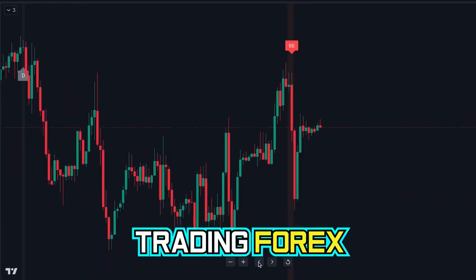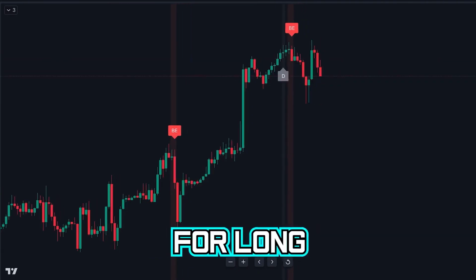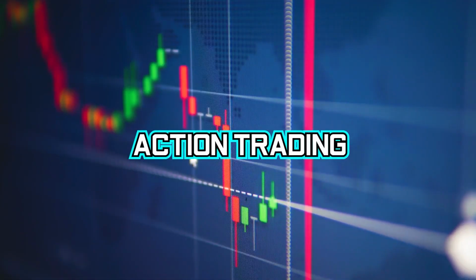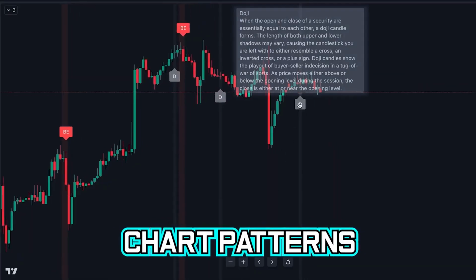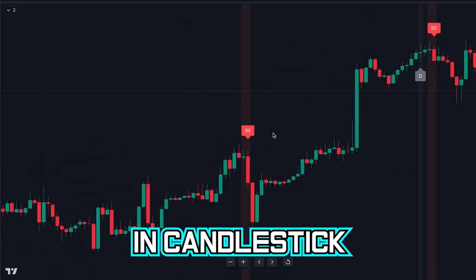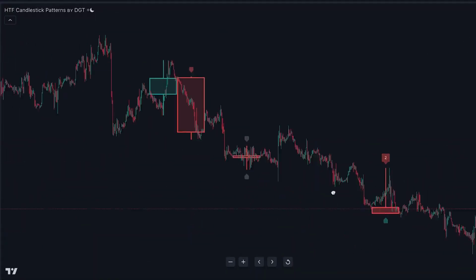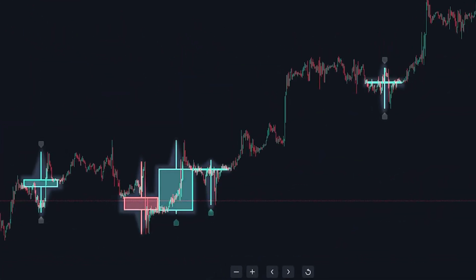Whether you are trading Forex, stocks, or crypto, understanding price action is essential for long-term profitability. A major part of price action trading is candlestick patterns. One popular way of detecting chart patterns is by using the built-in candlestick pattern detection tool on Tradingview. However, there is now actually a far better and completely free way to identify patterns in the market, which detects